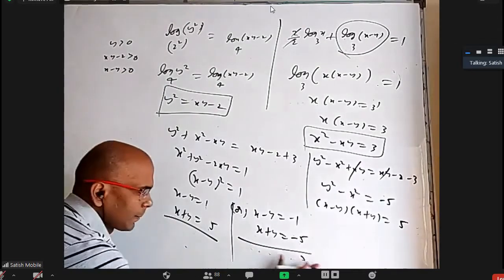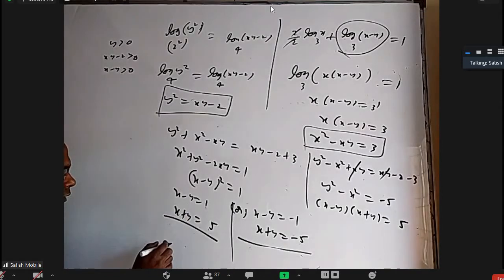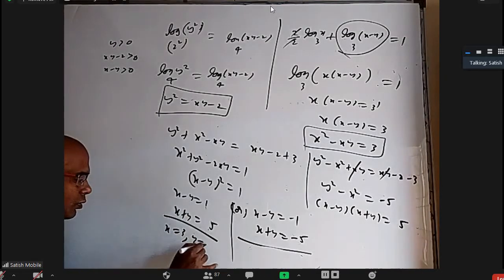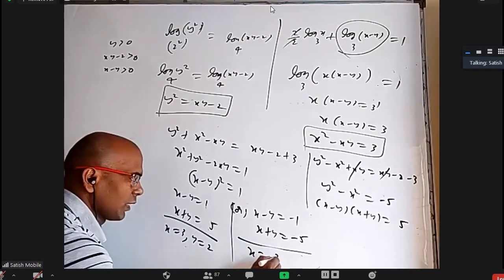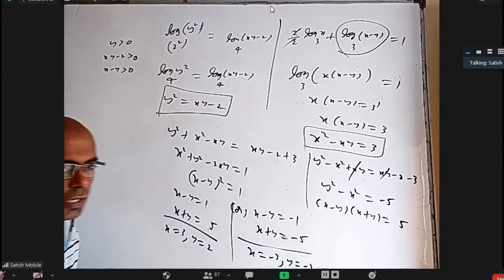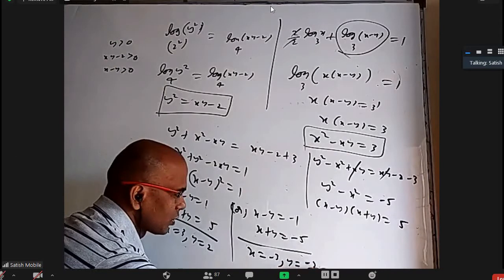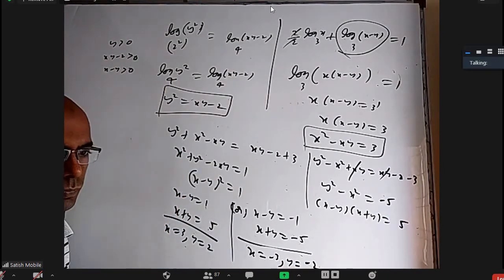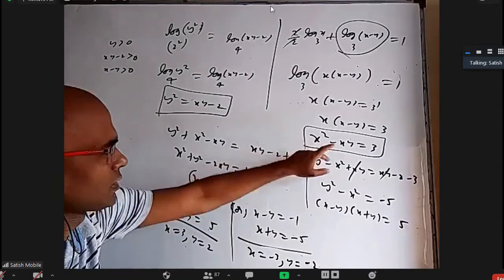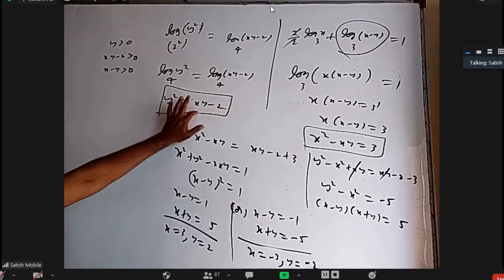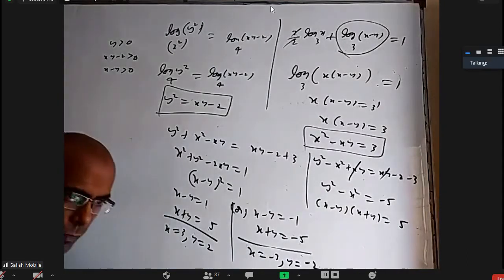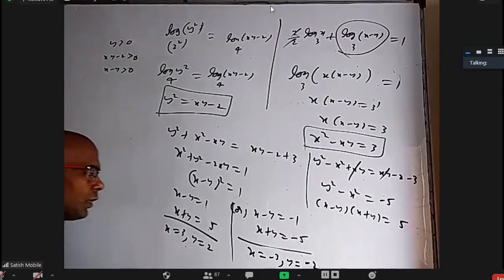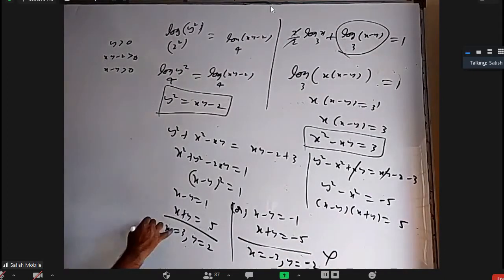Now what will come? Let us see. x may be 3, y may be 2. Okay, x equal to 3, y equal to 2 here. And what will come here? 2x is minus 6, so x equal to minus 3 and y equal to minus 2. We are getting a solution. 3 and 2 are the solution: x is 3 and y is 2. Now this is 9 minus 6, 3, fine. This is 4 equal to 6 minus 2, everything is good, and satisfying all the cases, x is greater than y. Yes, x equal to 3 and y equal to 2 are the solutions. Is it okay? Yes, sir. So this is not okay because of the domain, but this is okay even with the domain.